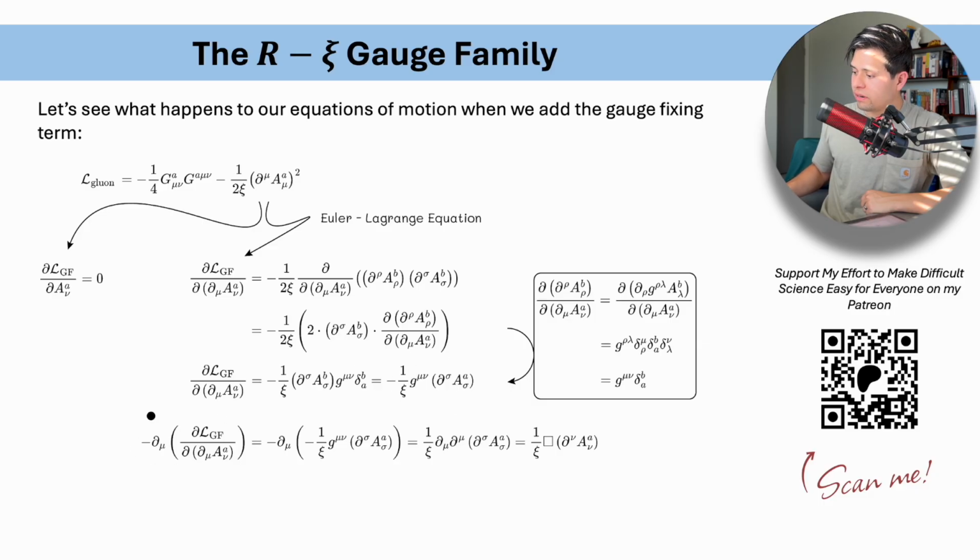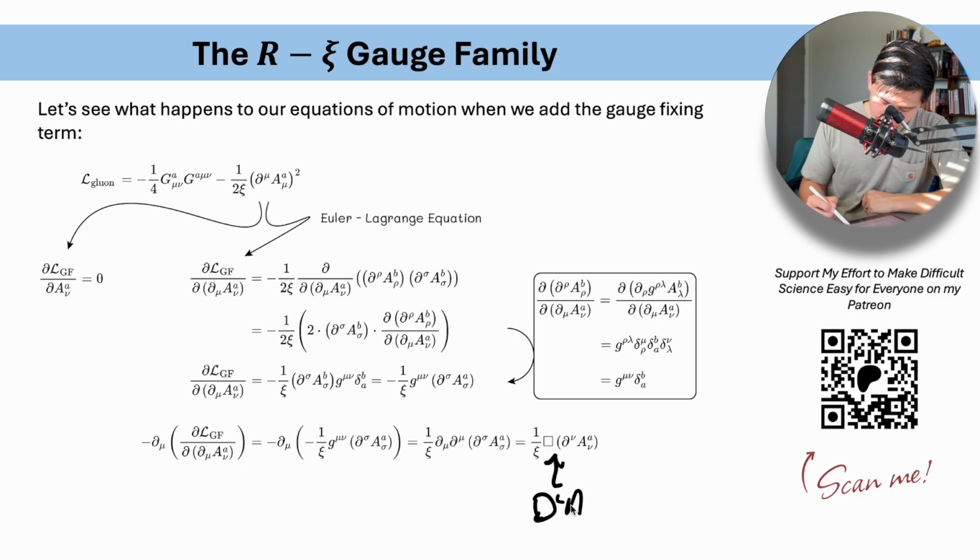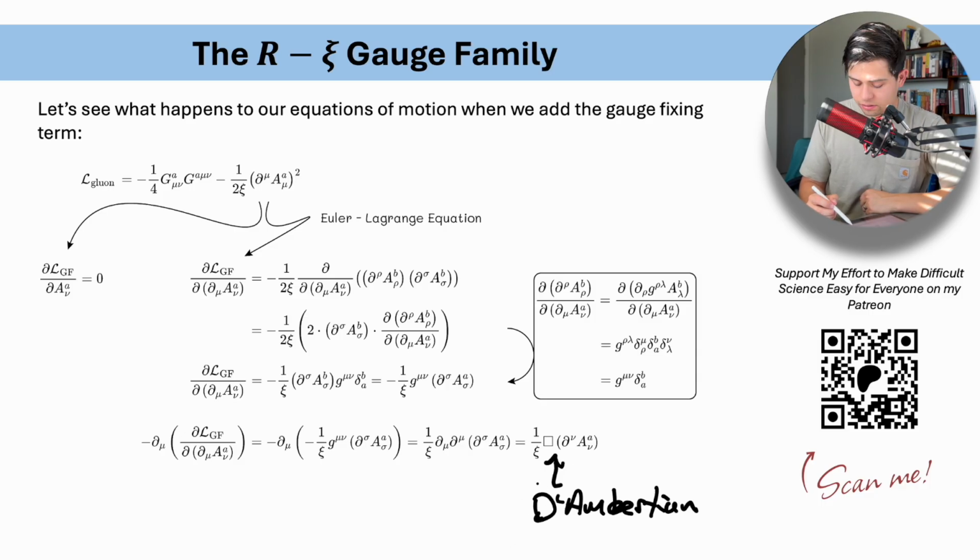So then when we take the derivative, because this here comes from the Euler-Lagrange equations, that's taking the derivative of all this right here. And then from here, we're just continuing with that derivative, and we get this, where this here is the D'Alembertian of the system here. So effectively,